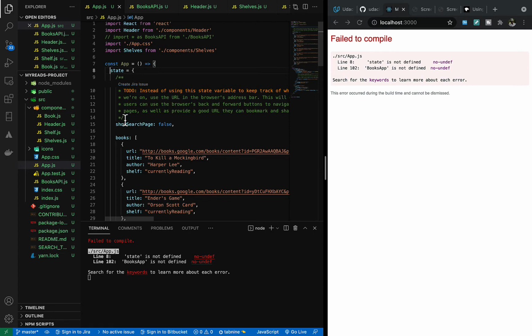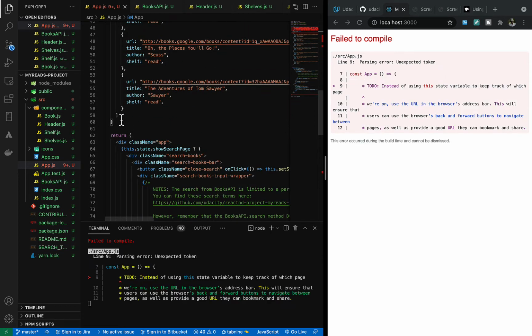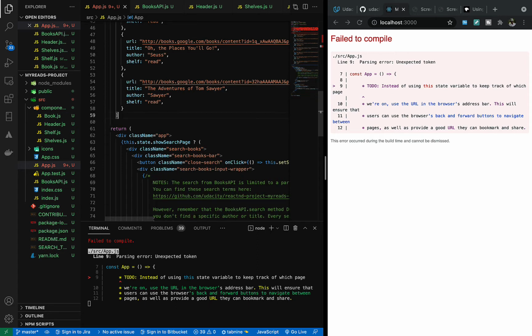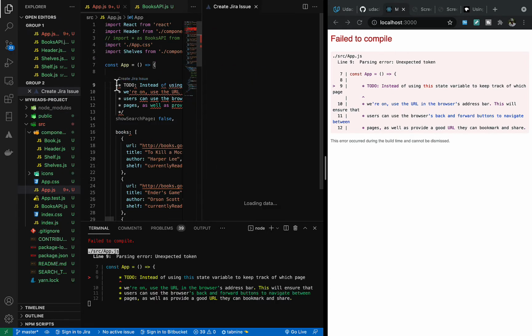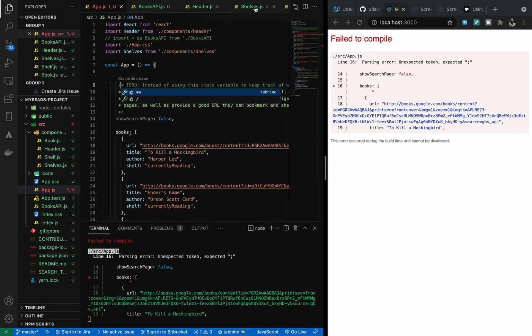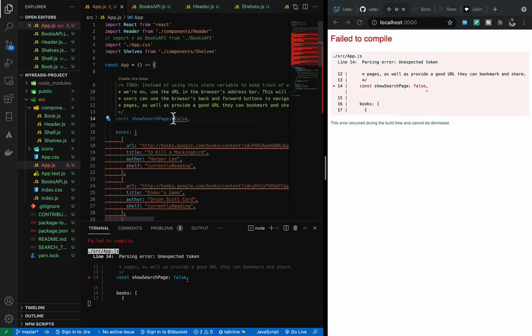Actually, we won't even need all of this anymore, so I'm just going to go ahead and remove the state here. And then it's going to be constant. Actually,